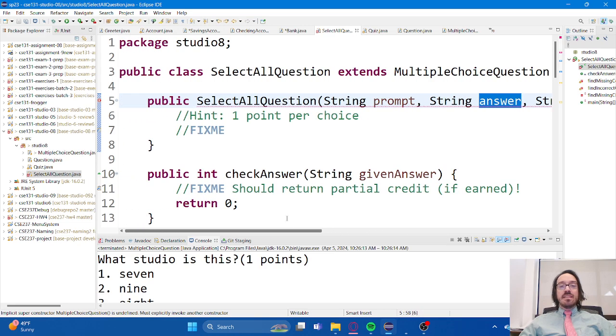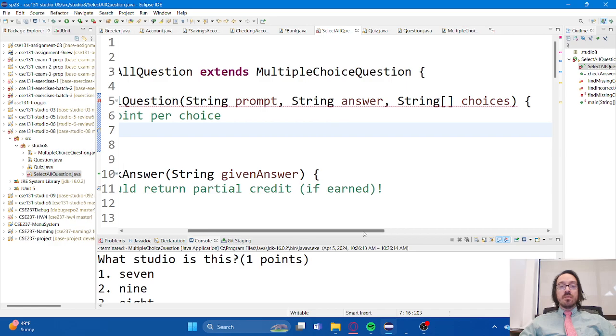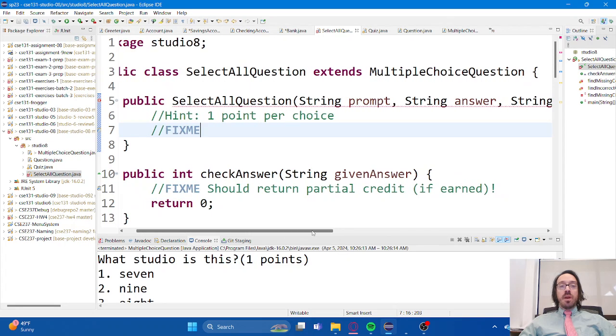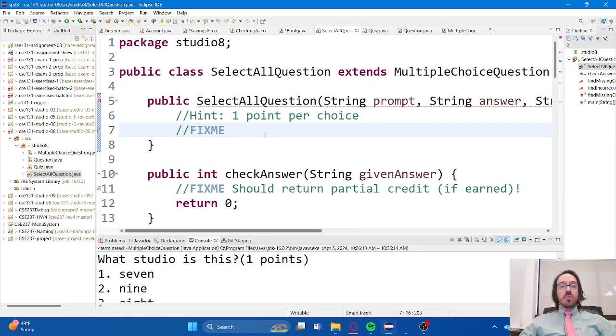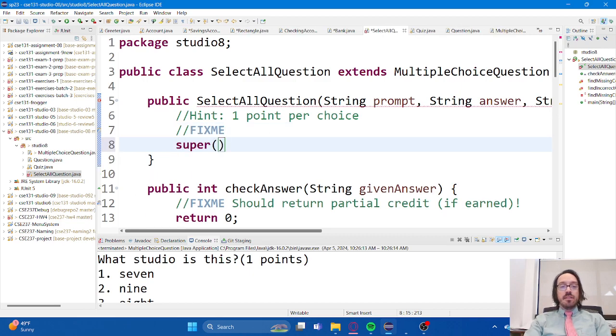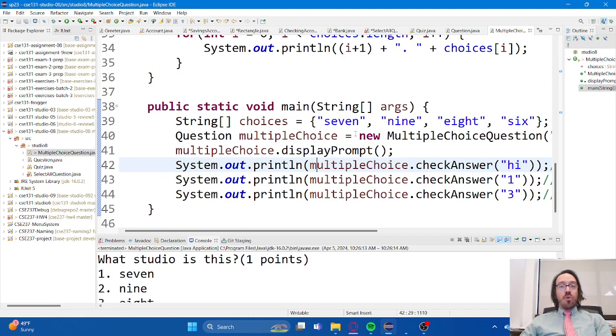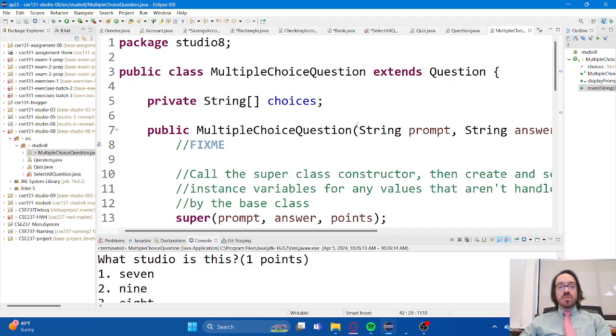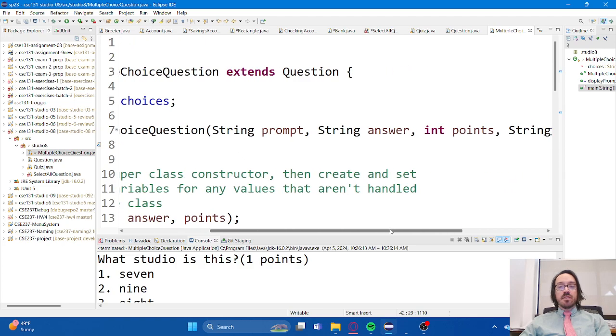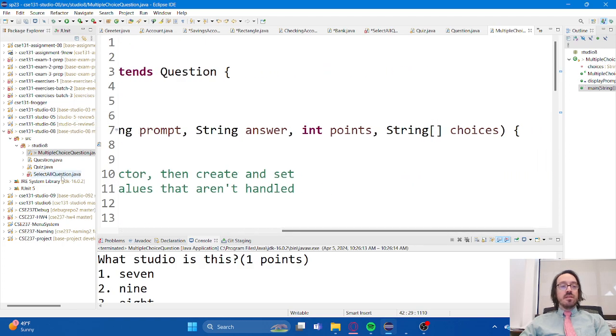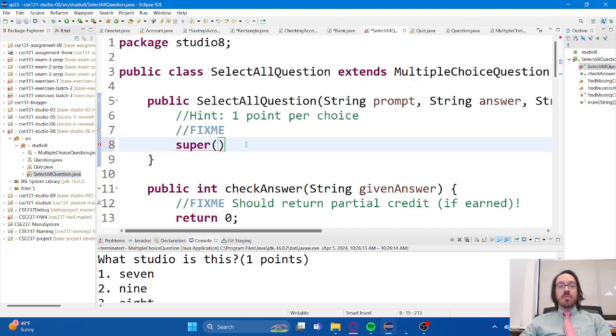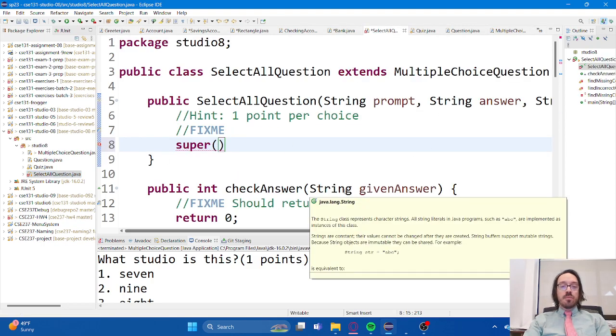So I don't think we really need any instance variables. We just need to use the ones that we've already got. One problem that we do have, though, is that we need to call the super constructor here, which is expecting 4 parameters for multiple choice question: prompt, answer, points, and choices. But we don't actually have the number of points here. We only have prompt,